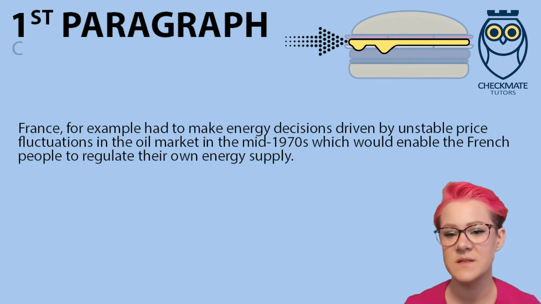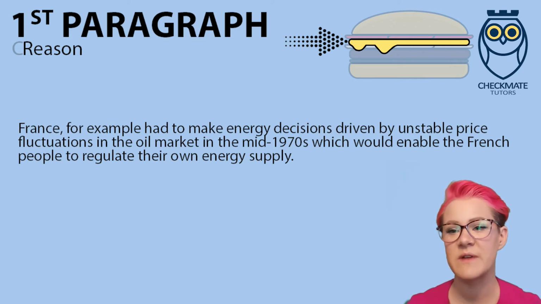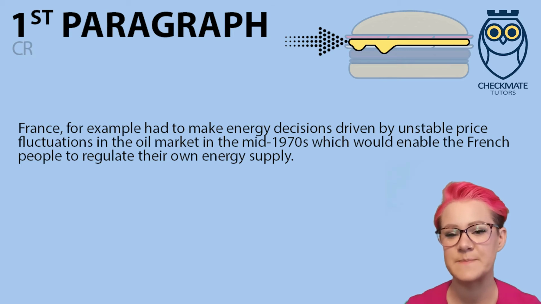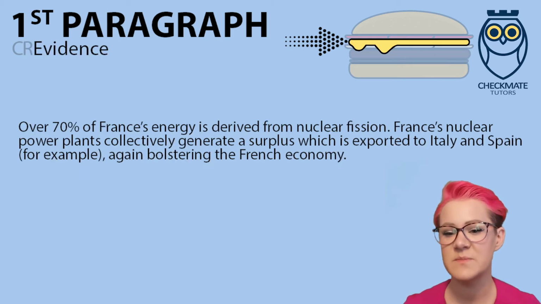Reason: France, for example, had to make energy decisions driven by unstable price fluctuations in the oil market in the mid-1970s, which would enable the French people to regulate their own energy supply. Evidence: Over 70% of France's energy is derived from nuclear fission. France's nuclear power plants collectively generate a surplus which is exported to Italy and Spain, for example, again bolstering the